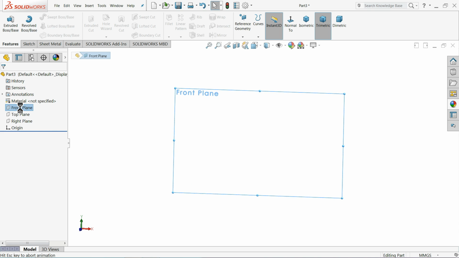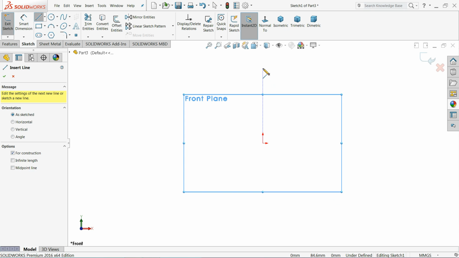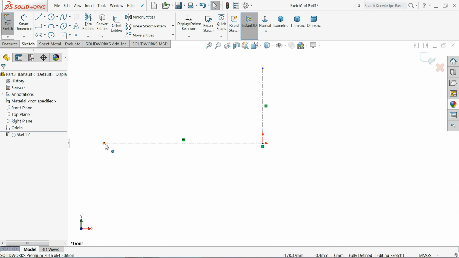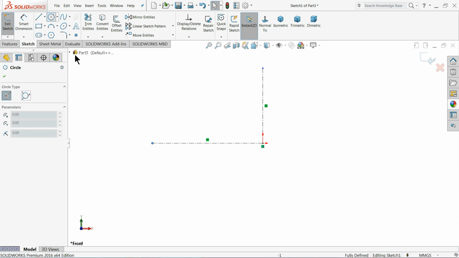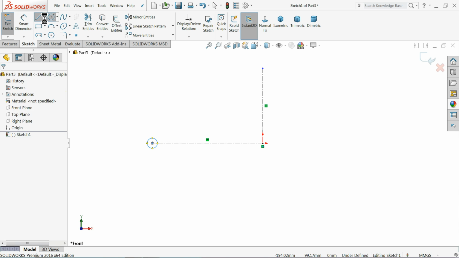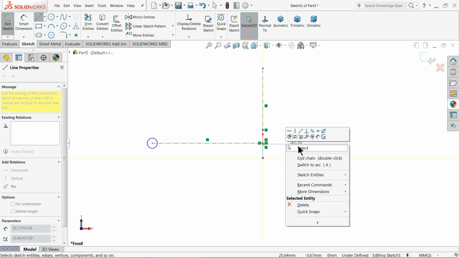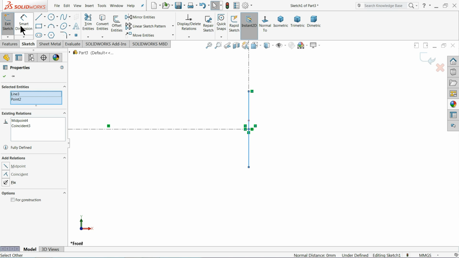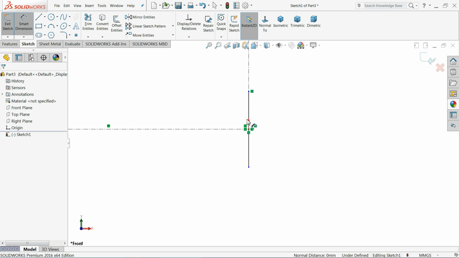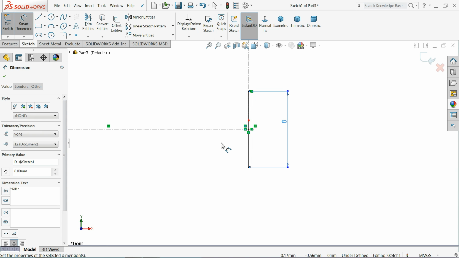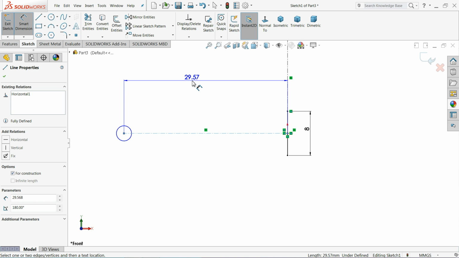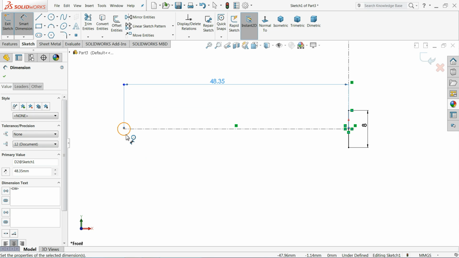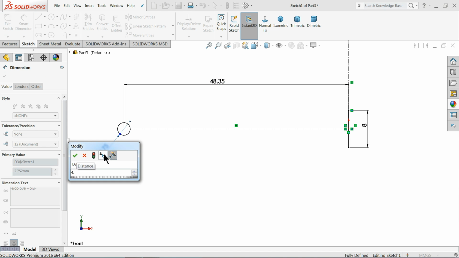Now choose here front plane, sketch, center line, vertical and horizontal center line. That's fine. Draw here a circle, a small circle. Choose line. Now select this line and origin point. Make relation midpoint. Let's choose smart dimension, 8 millimeter. 48.35 millimeter. Keep the radius 4 point, let's say